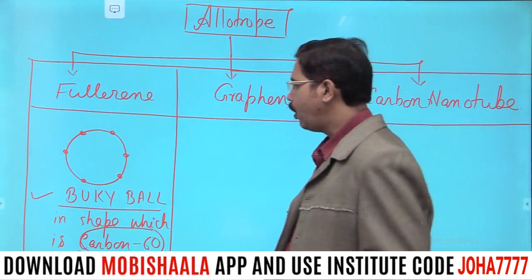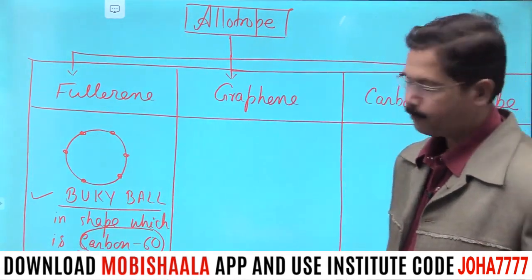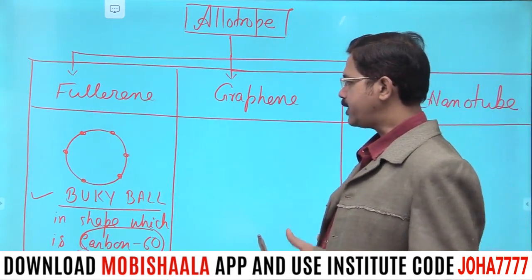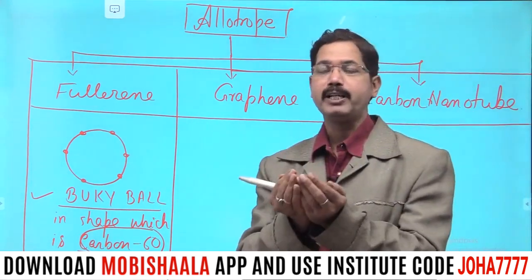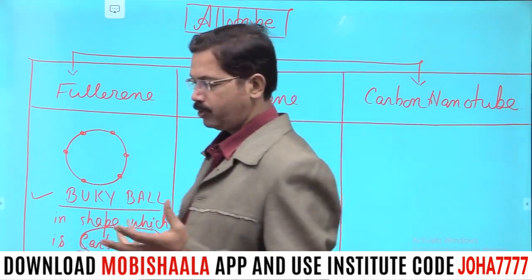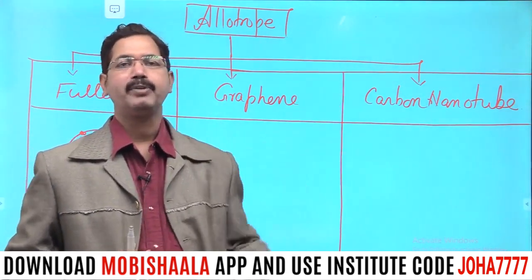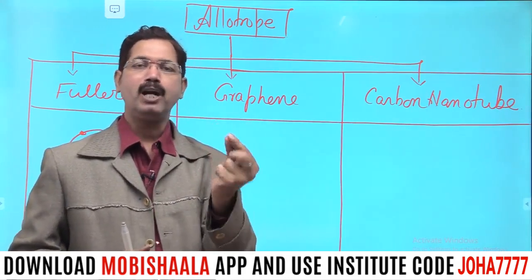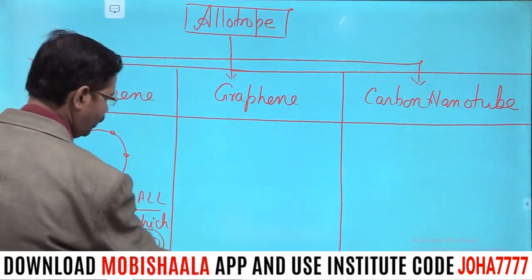Now, what is the overall nature of this fullerene? How can it be used? Since it is a strong material, it is used to make composite panels. In general, many doors, many gates, many window gates are made of composite metal, and there is a metal along with the fullerene. So fullerene is basically a strong material.